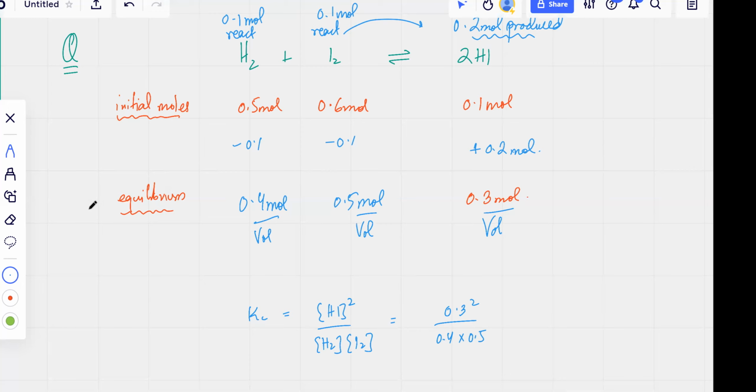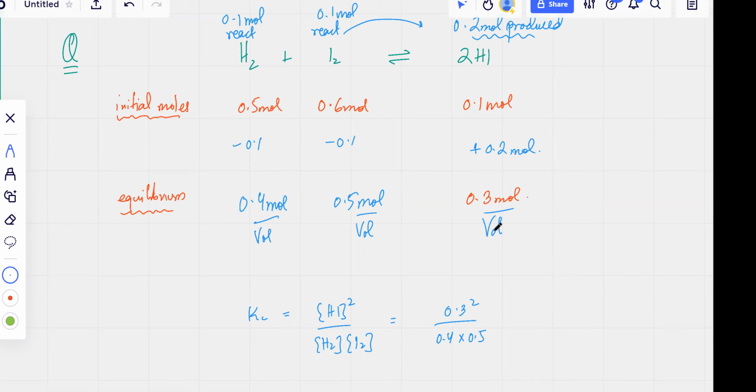Always just make sure you always do this step. Don't put moles in your expression. You have to calculate concentration, and those values are going to be put into your expression. But only one time can you actually go with moles, and that is when the Kc expression doesn't have any